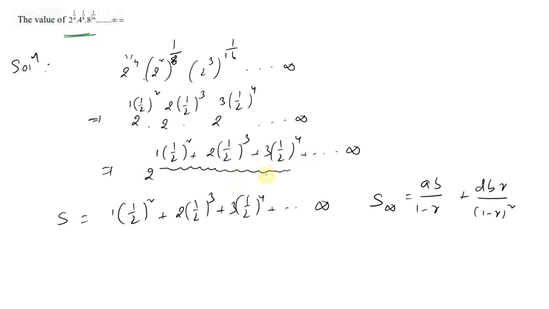So a is nothing but the first term of the arithmetic progression, and b is nothing but the first term of the geometric progression. r is the common ratio of the geometric progression. d is the common difference of the arithmetic progression. So let me write the values. a is equal to 1, from 1, 2, 3 and so on, the first term. b is equal to the first term of the geometric progression, 1 by 2 whole square. Next, d means common difference, that is 1 of the arithmetic progression, and r is nothing but 1 by 2.